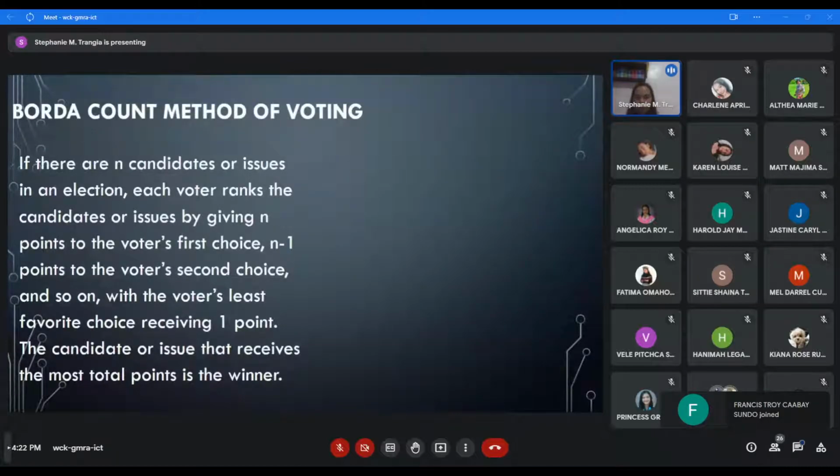But there are also times that the point system is already assigned. So for example, for the first place vote, you give 10 points. For the second place, you give 8 points. For the third place, you give 5 points. And for fourth place, you give 2 points. So it's like that, it depends. Now,